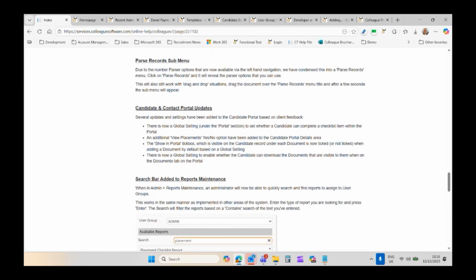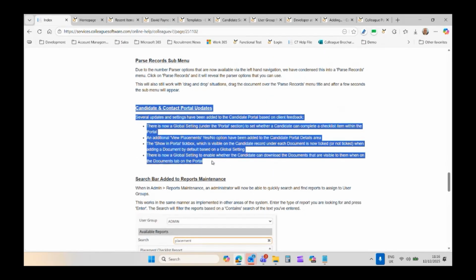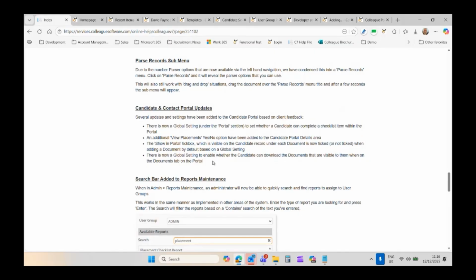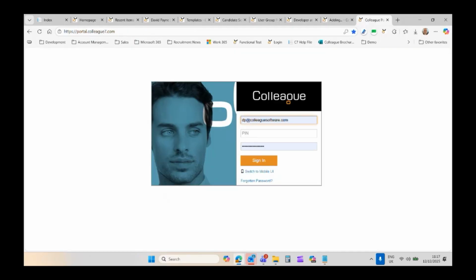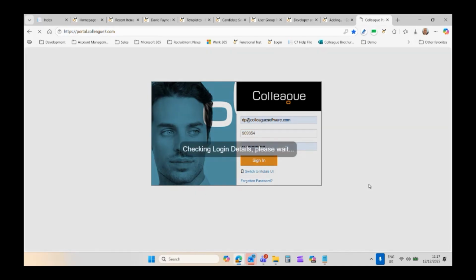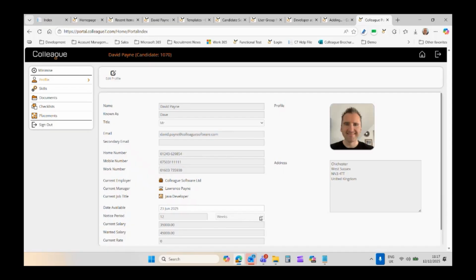The next one along is the candidate and contacts portal updates that were made. For those that aren't aware, there's a candidate portal that's available in Colleague. If I log into this candidate as an example, this is with the idea that the candidate is given credentials. They log in to a portal which is branded as per your branding, and ultimately they have a means to